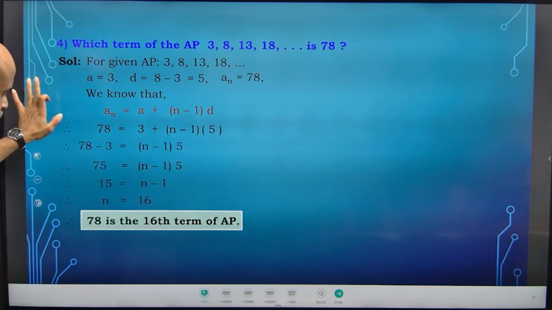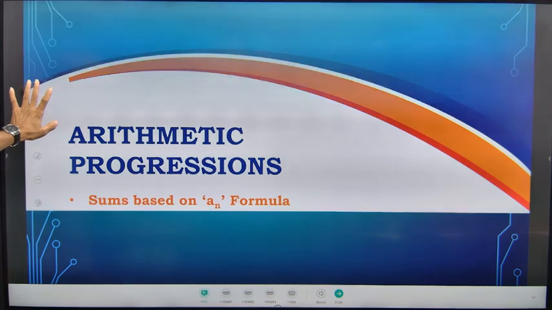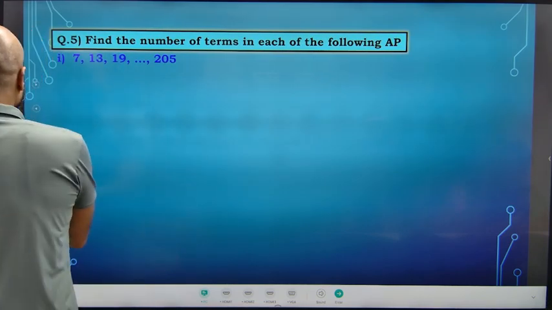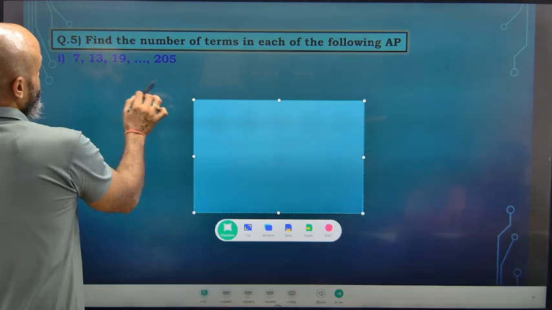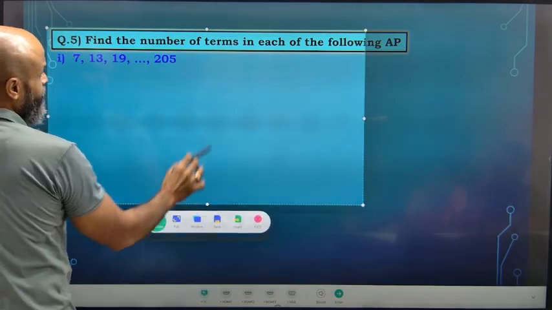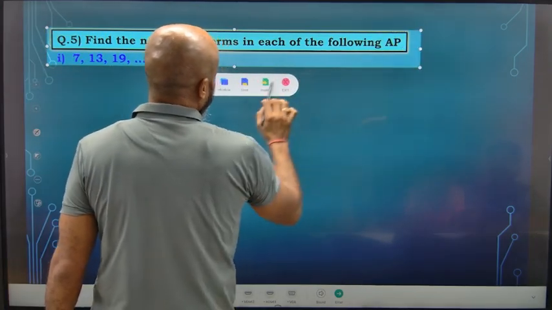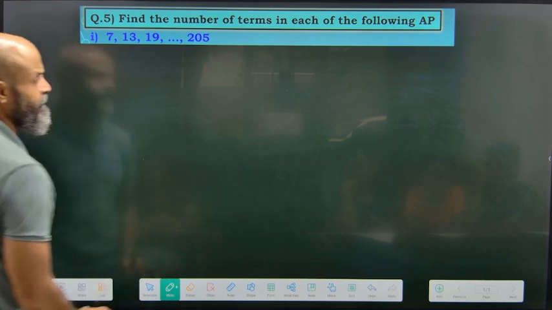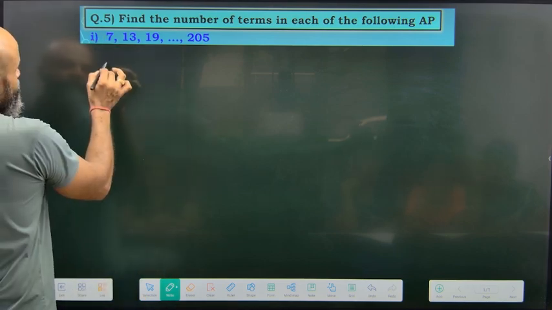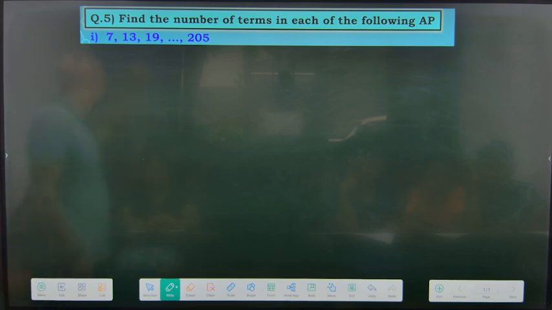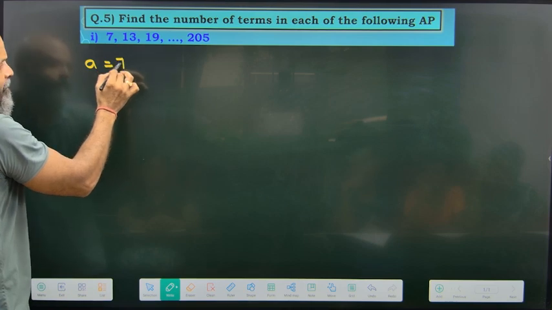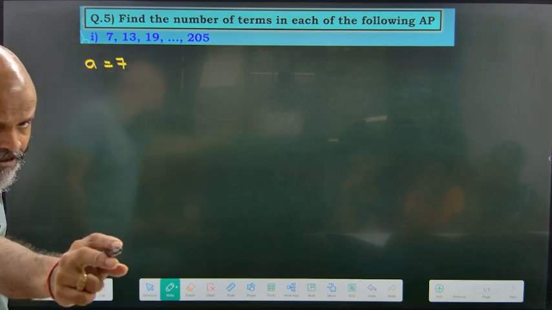Okay, so here we have 78 is the 16th term. Find the number of terms in each of the following AP. Number of terms, how many terms are there? How many terms are there in this AP? Quick, quick, quick. So you have been given an AP in which the first term is given as 7. So obviously, what are the things that we can write in the first place? Obviously, in this AP, Nidhi, first term is 7. So a is equal to 7. We can write this d, d, d, d, Amit.